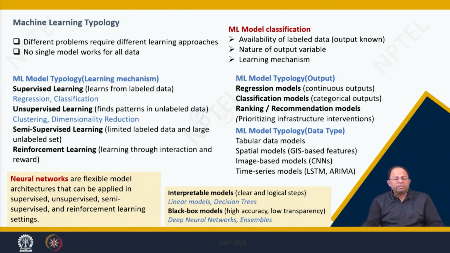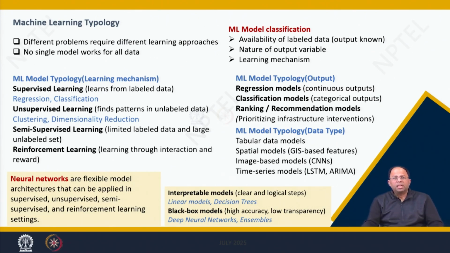The first one is, of course, supervised learning. In this case, we are learning from labeled data. That means we have two sets of variables, x and y. Y is being predicted and x are the predictor variables. That could be multiple features, of course. There could be many, x1, x2, x3, x4, many variables. But from an existing data set, we have both the label as well as the predictor variables. In that case, we call it supervised learning. And here, the two examples you will find again and again are regression models and classification models. These are the two groups of models that you will come across.